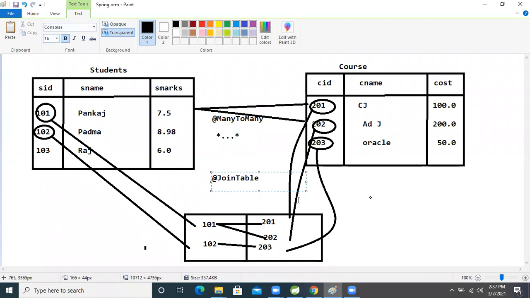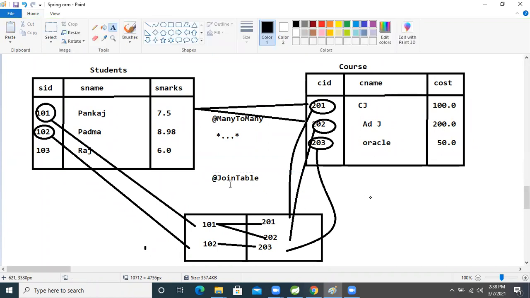So at the rate join table, whenever we are writing the join table, there are two properties, which means two foreign keys are becoming. Two rows are generated, plus the third table, for which we are using at the rate join table.